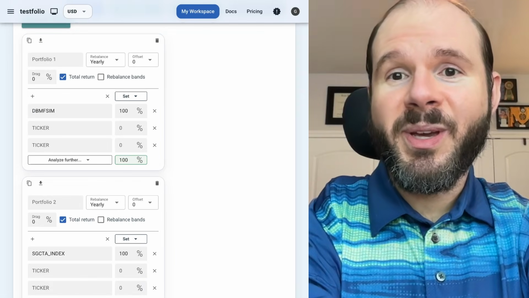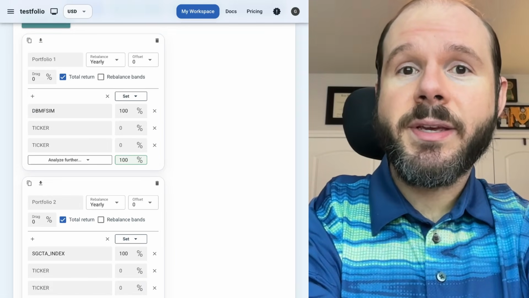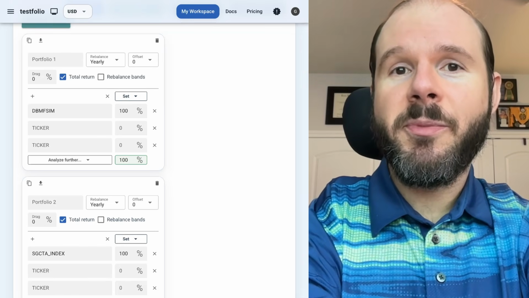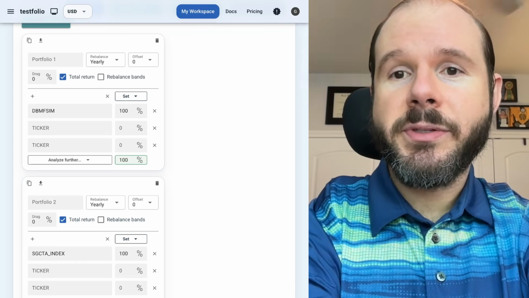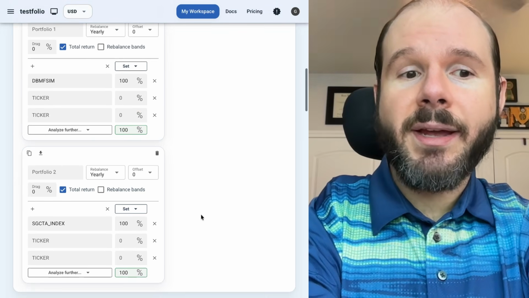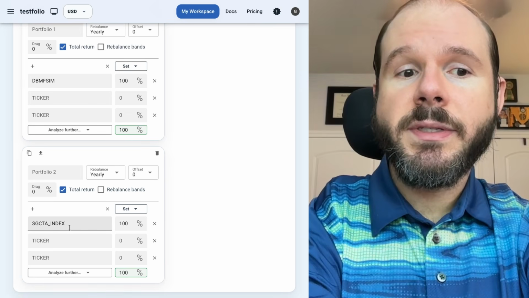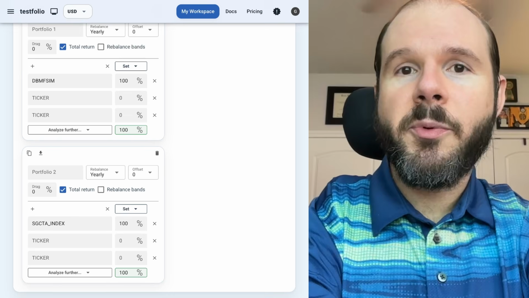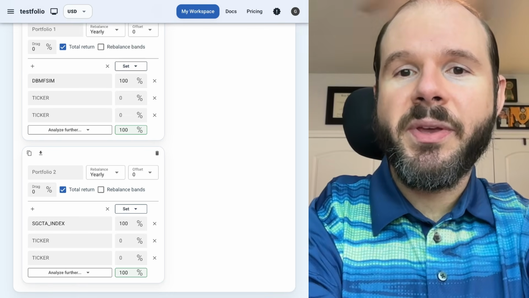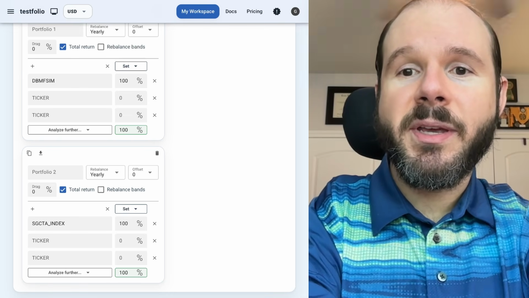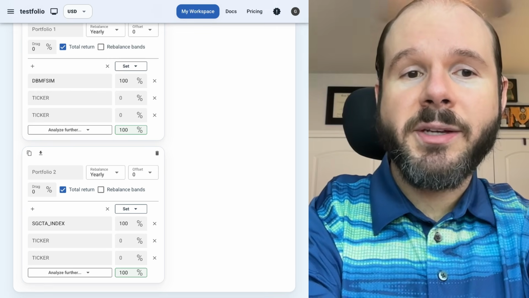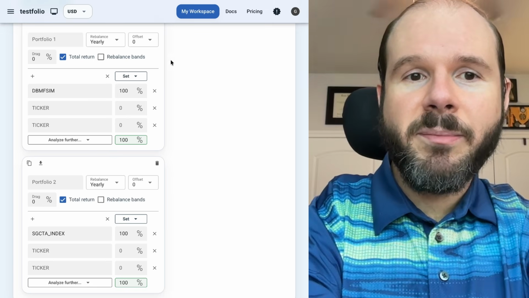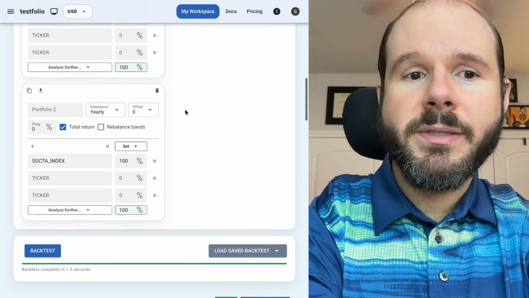For example, did you know that in testful.io, the prehistory of DBMF before the fund's official inception date is actually just the SG CTA index, but with about a negative 1.65 drag, so adding to the fund to compensate for the removal of fees? I sure didn't. So here on this back test, you can see DBMF Sim, which is a pre-built ticker in